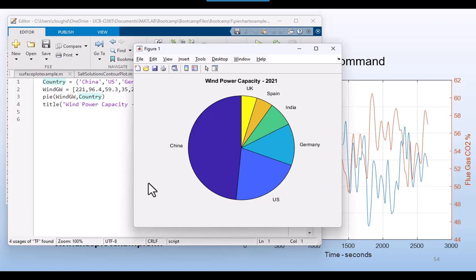And of course, if you get into looking into the pie function, you can find out how you can change the colors, things that you can do by putting entries of numbers within the pie elements. You have other capabilities that you can look into, and you can draw some immediate conclusions. Perhaps China is a little bit ahead of us in wind power generation, right? Okay,